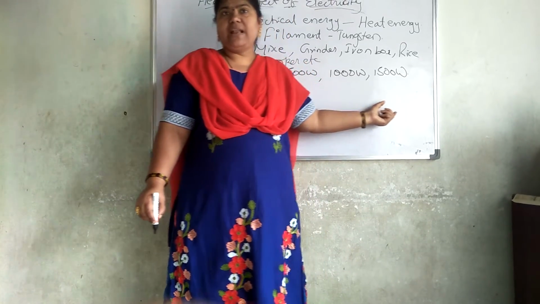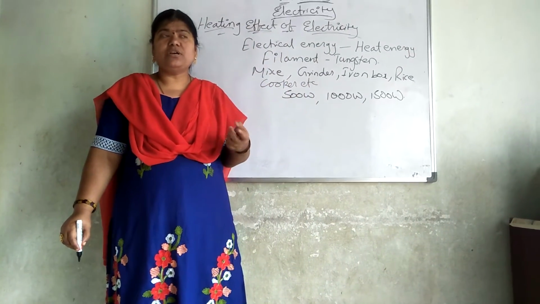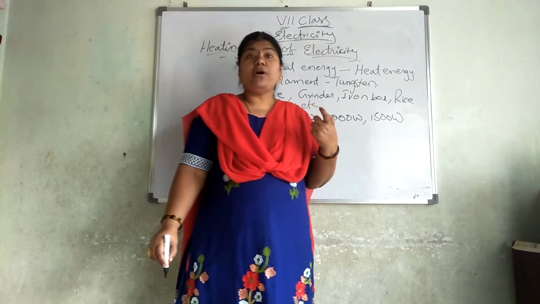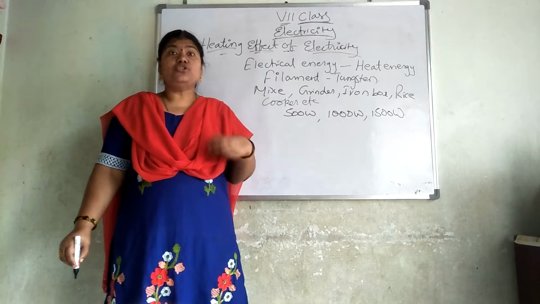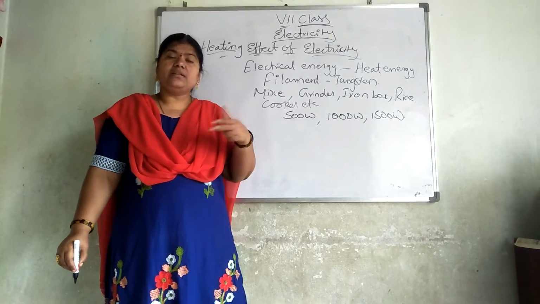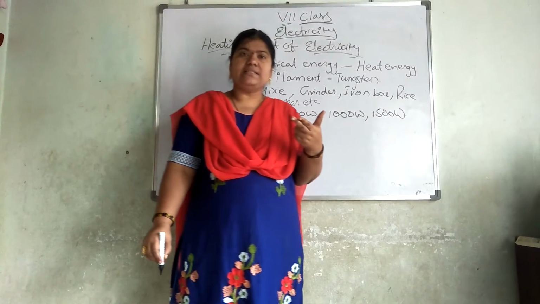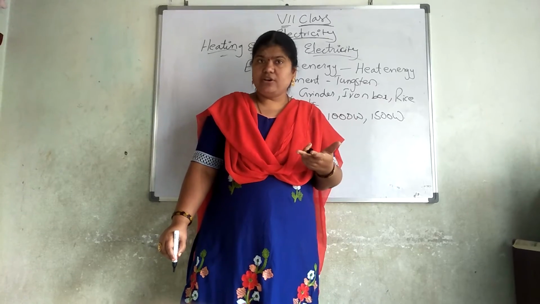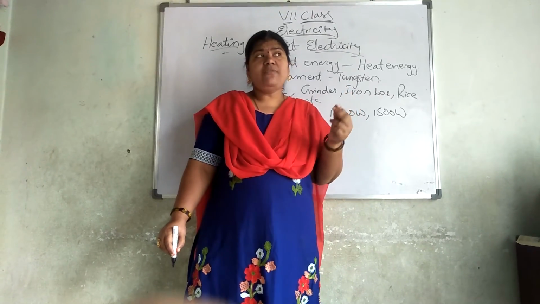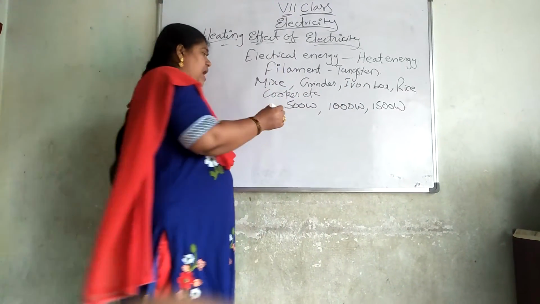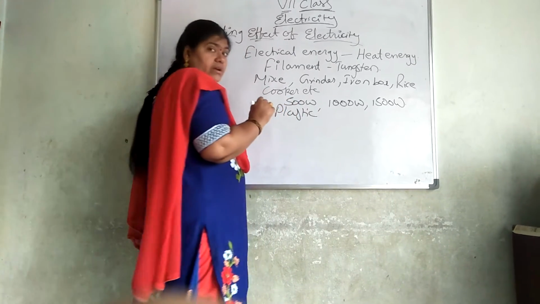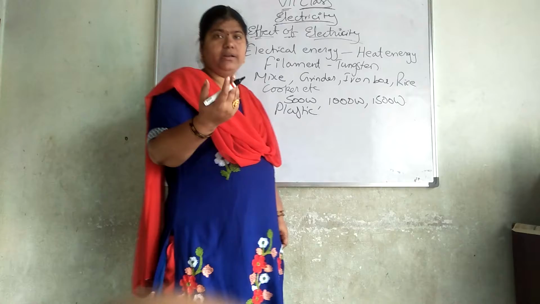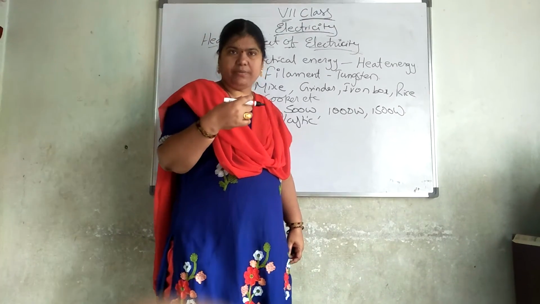For everything we will have this. Washing machine also: 6 kgs it can, 4.5 kgs it can, then 10 kgs it can. So whenever the quantity is increasing, the thickness of the wire also will be increased. All the wires will be coated outside with plastic. You all know that one. It is made with melamine or bakelite, like that plastic thing.